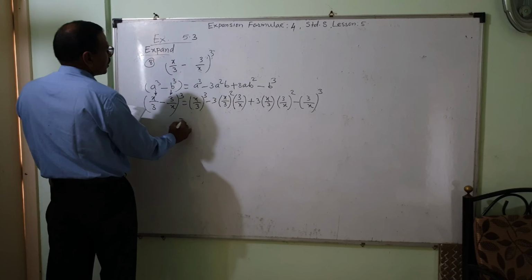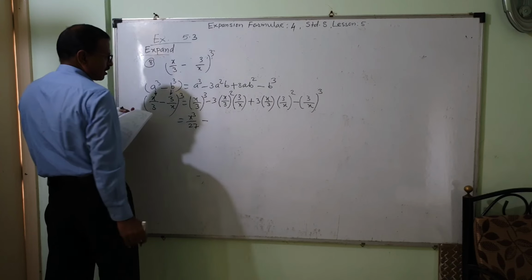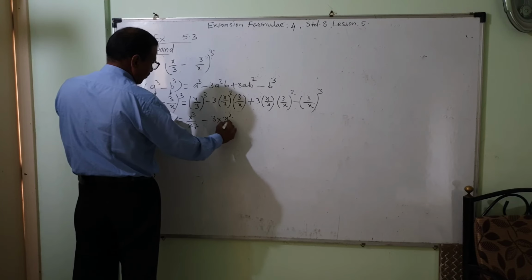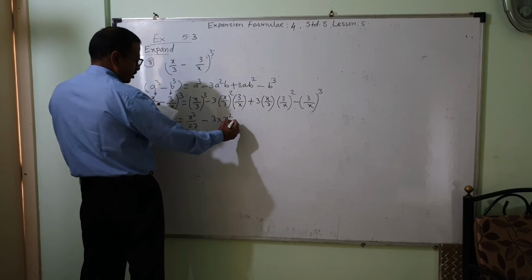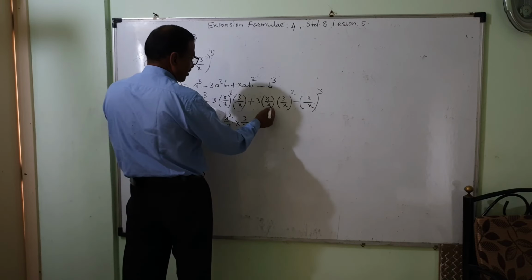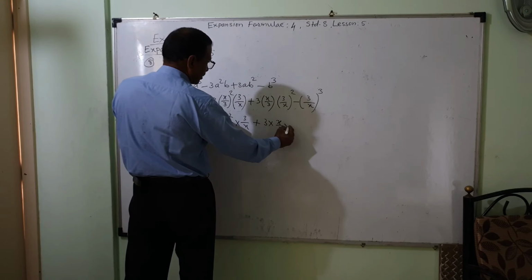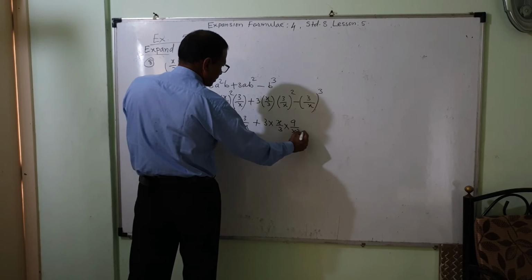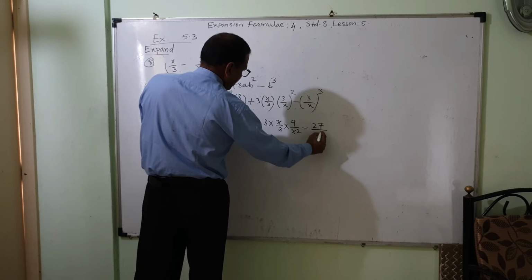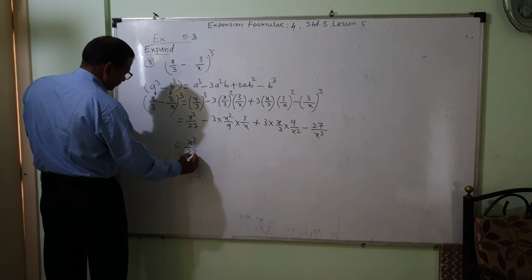So that is equal to x³ upon 3³ is 27. Minus 3 into — don't cancel this — this will be x² upon 9 into 3/x. Plus, here you can cancel, but afterwards you will cancel, 3 into x/3 into 9/x², minus 3³ is 27 upon x³. So that is equal to x³/27 minus.